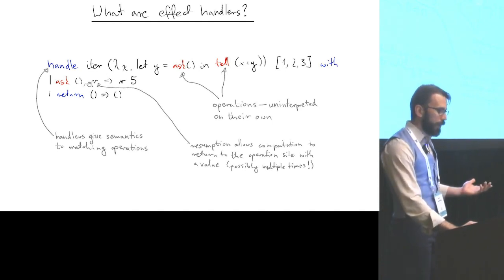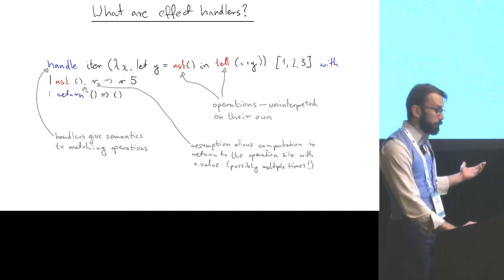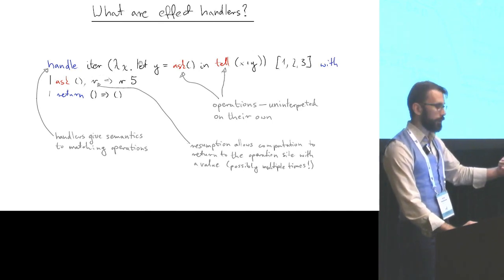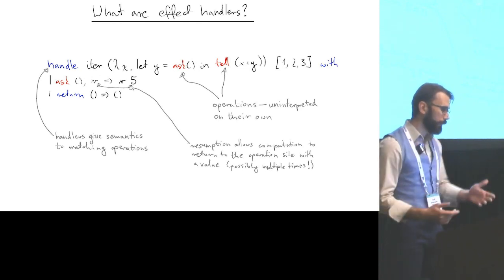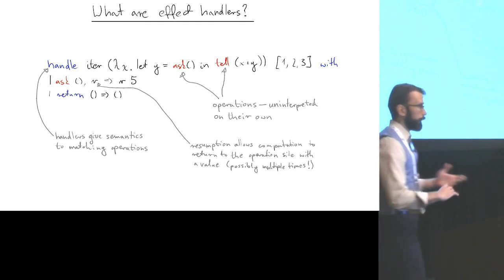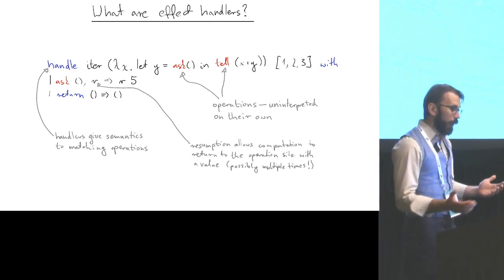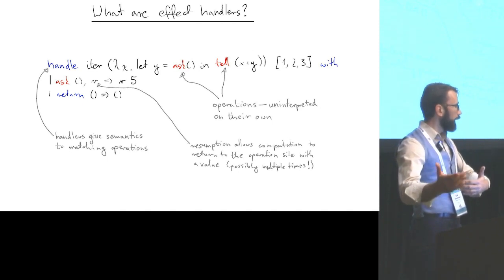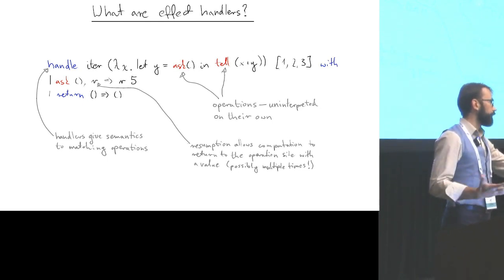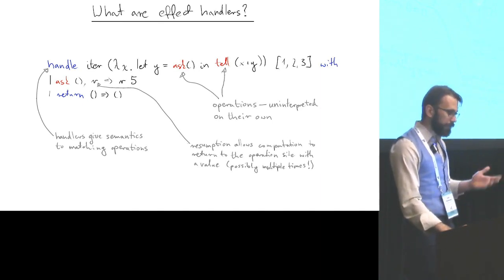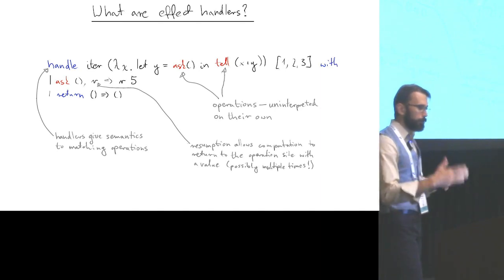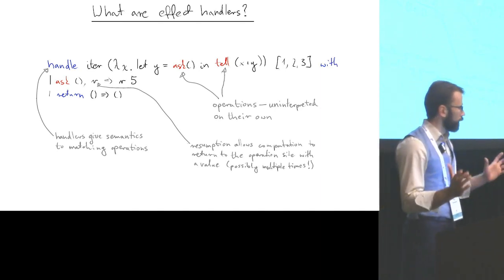The handler for ask here says, I'll get asked to provide some value, and I will get access to the resumption, which represents the part of code between the ask and the handler. And then I can pass the value back. So this is what will happen. The idea is simple. We have some iteration through the list 1, 2, 3, with a function that first asks for some value, and then tells another value. It computes some other value and tells what the result should be. So we can easily see that this program can compute at least part of its output.